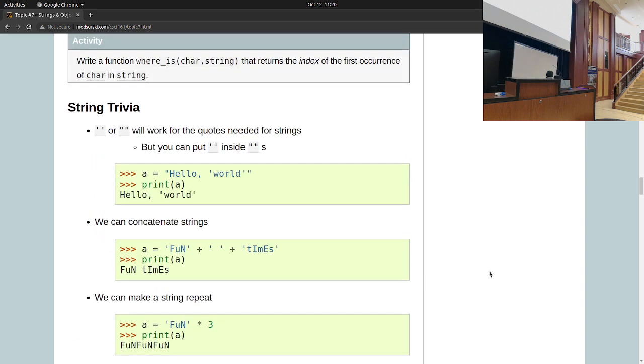Now, I'm just going to throw a bunch of string trivia at you. There's going to be no part of the midterm that says string trivia or anything, right? I'm just showing you a bunch of things. I'm going to go through this reasonably quickly. I'm not expecting you to look at this and go, oh, okay, I'm definitely going to remember that for the future. No. All I want you to know is that I'm providing you a reference here, to give you a context